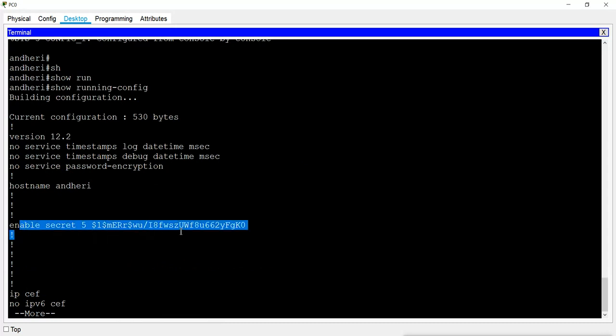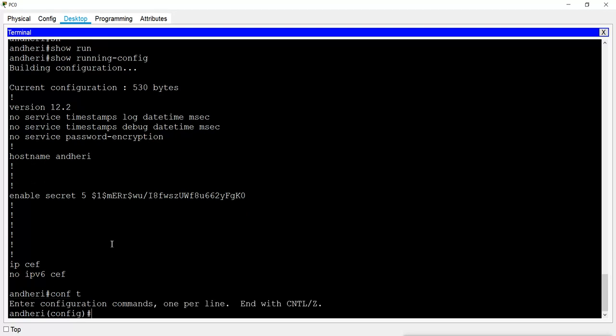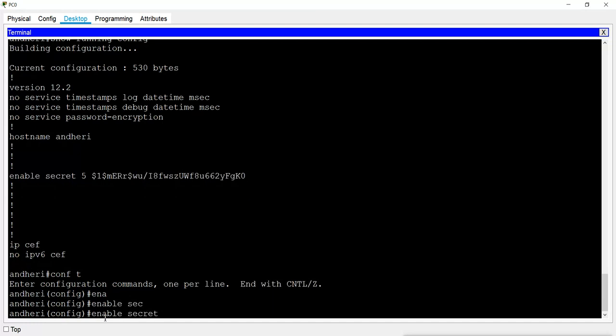and we can check by show running-config, and you can see it is only showing enable secret, it is not showing enable password. Now I want to remove this enable secret also. So I will go to the configuration mode again, because I configured this password from the configuration mode, and the command was enable secret, and then I gave the password xyz@123.